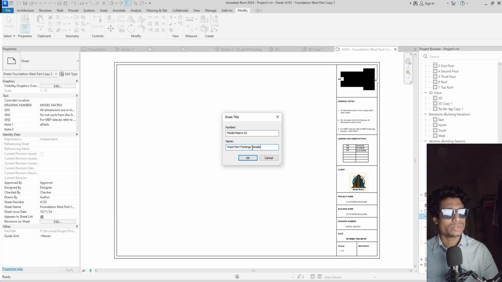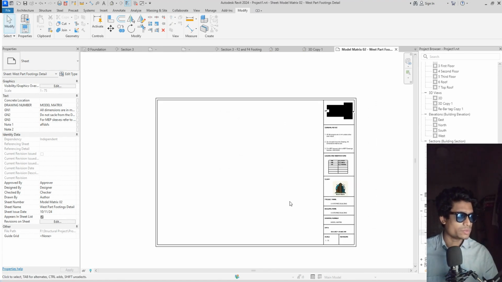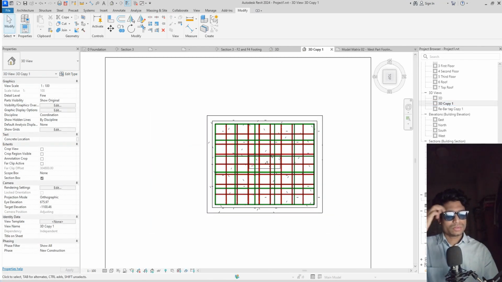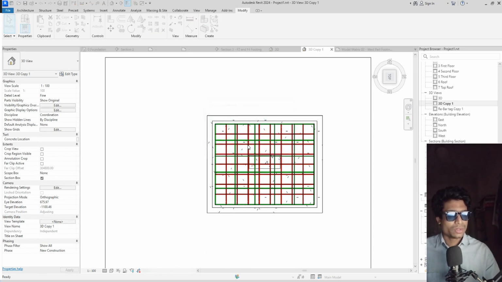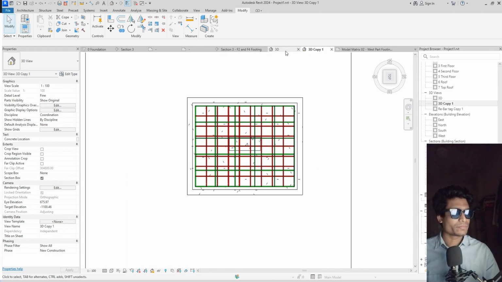West part frequency. Here's the west part. And now save orientation and move view. I'm just locking that orientation. Now